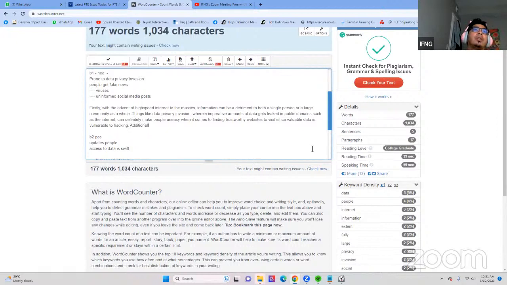Additionally, so we need to make two. Additionally, another negative effect